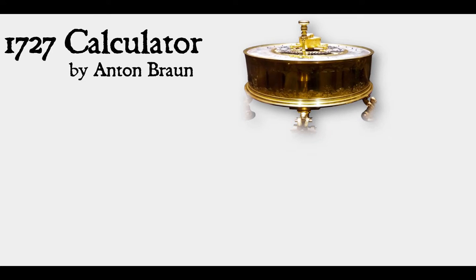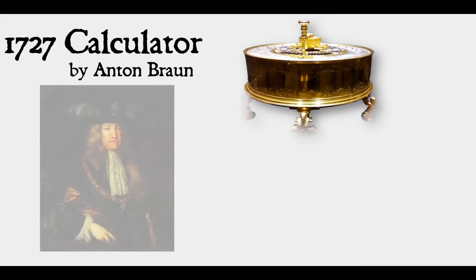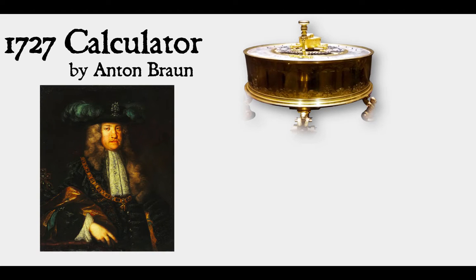One option is to soften the bottom part of the picture, which is a technique I also explain in the book, and it can be done in a matter of seconds. It works so-so in that case, but I use it frequently with portraits. I couldn't find a portrait of Anton Braun, but this is Emperor Charles VI, whose name is engraved on the calculator. We have the same problem as before of a dull rectangle with strong contrasting lines.